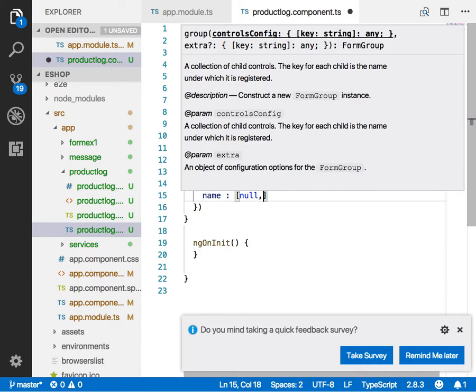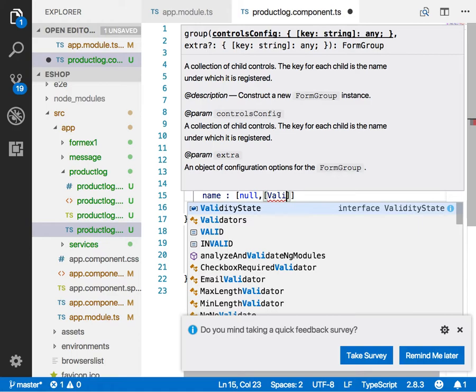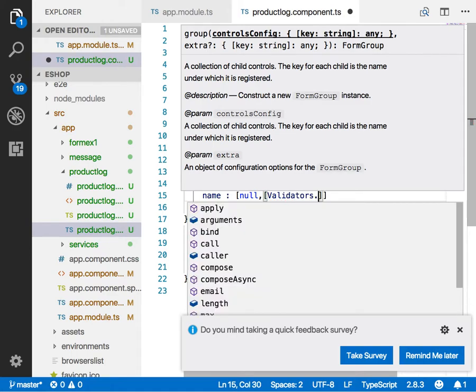That is null. I don't want the field to be initialized with something. And here will be the validation. So only one validation I am applying here, that is required. But apart from required validation, we can apply minlength, maxlength, pattern, all those things we can apply there. So only one validation I am applying, Validators.required,